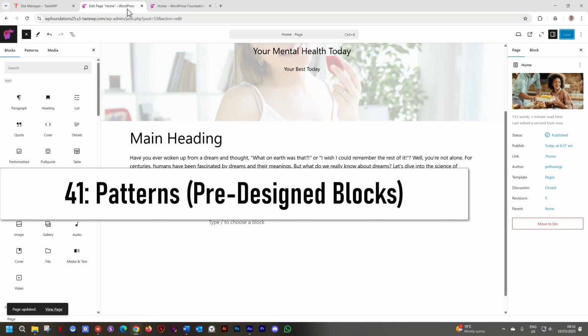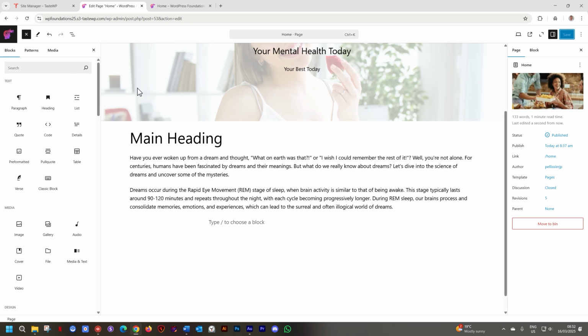Back to WordPress, and now we talk about patterns. Interesting concept, patterns. And patterns is a pre-made block. WordPress came up with this ridiculous word they call a pattern. The first time I heard of a pattern, I expected a pattern. I didn't expect a block. But anyway, this is the word and they're sticking with it now for a few years. So we are stuck with this terrible naming called patterns.